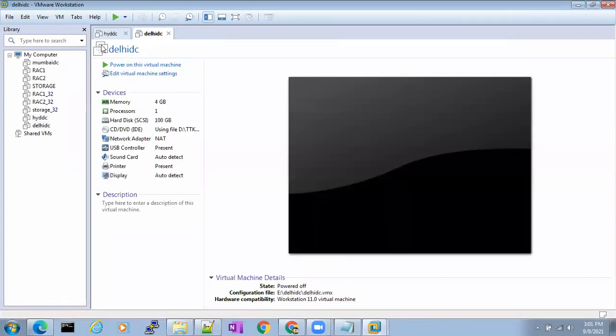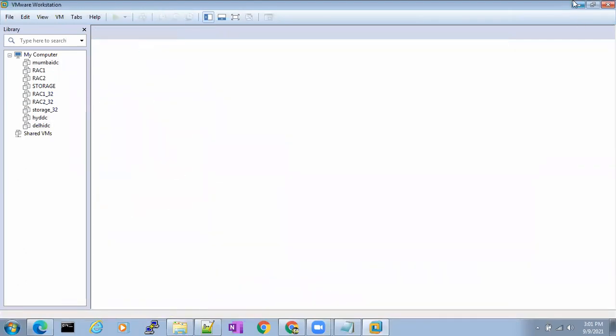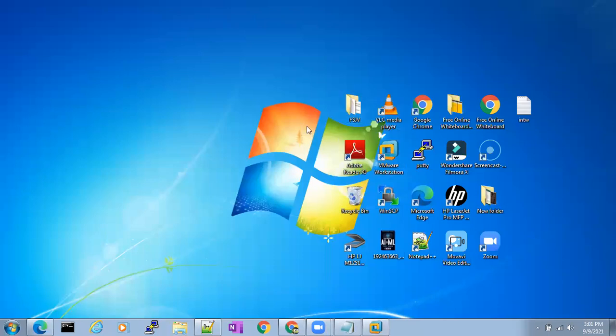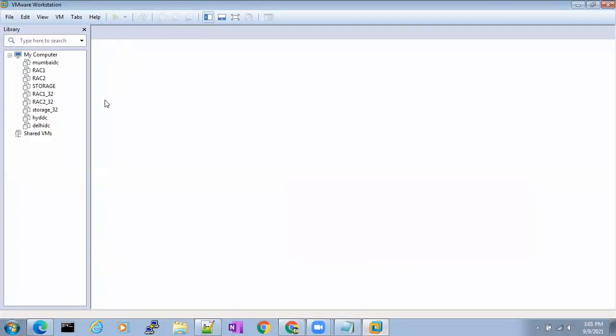To install, double click or right click, and it will give you options. Select typical installation and click next. VMware will be installed; it's a 1-minute process. After VMware is installed, you will be able to see this. You will not be able to see all these servers because it's a new virtual machine for you people.